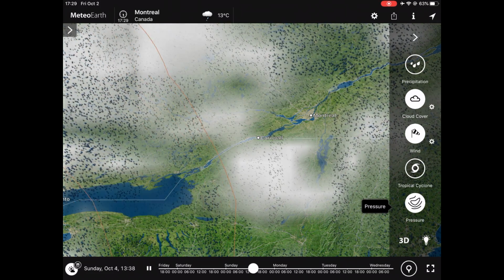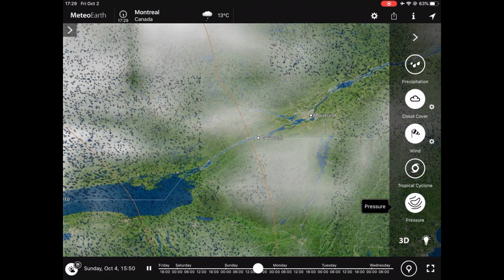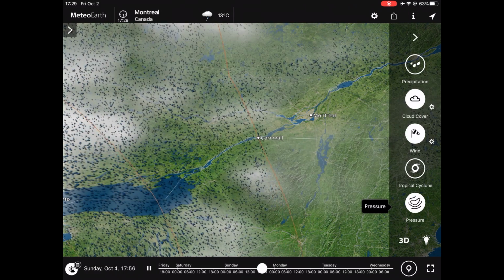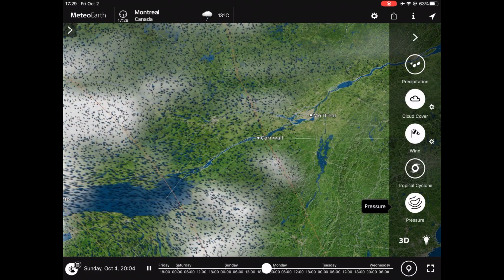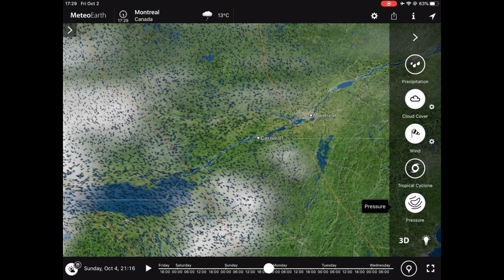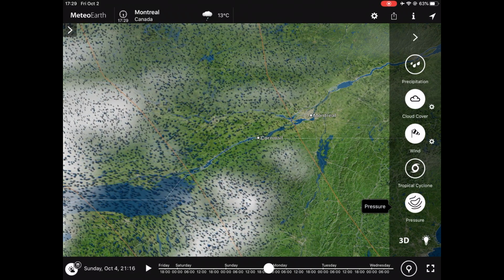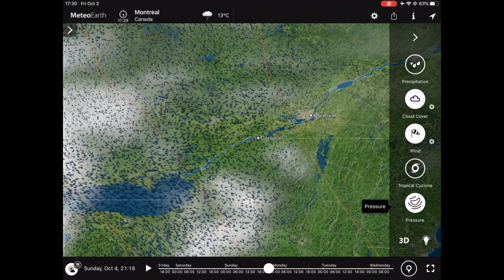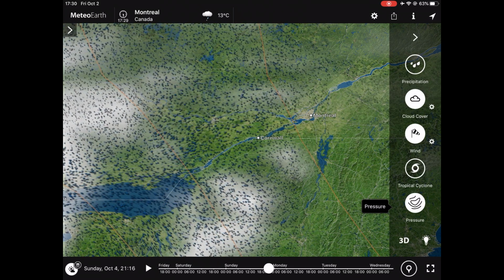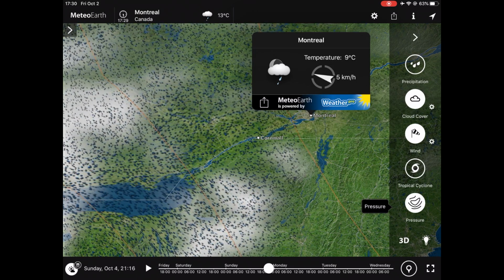Now let's progress forward to see where it starts to get bad. Okay, we're in the afternoon in Montreal, 3 o'clock. Okay, we're getting into the evening now. Okay, so if you look here, it's not until about 9 o'clock at night that the weather starts to get a little windier, but still, those are pretty good conditions. I'm just going to click on Montreal. We've got a risk of light rain.